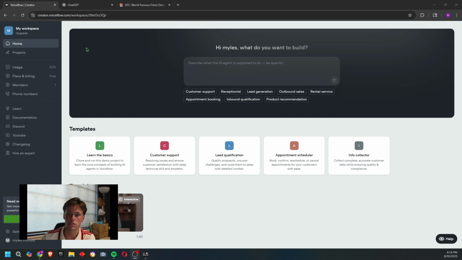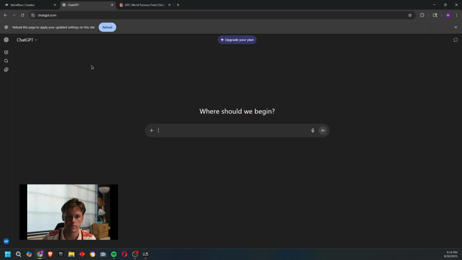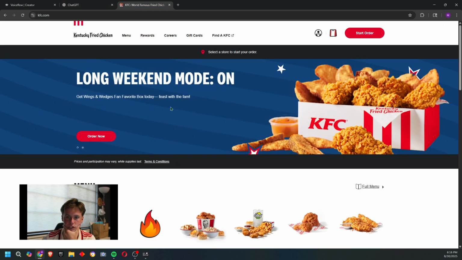services, essentially. So if you're new to it, just type in voiceflow.com or voiceflow and go to the first thing that pops up. I'll also leave a link in the description for VoiceFlow. But once you sign in and fill everything out, you should get brought to this page. So that's for VoiceFlow, and then the other one, ChatGPT. So everyone kind of knows ChatGPT, and then KFC, and the KFC is basically what we're going to be basing